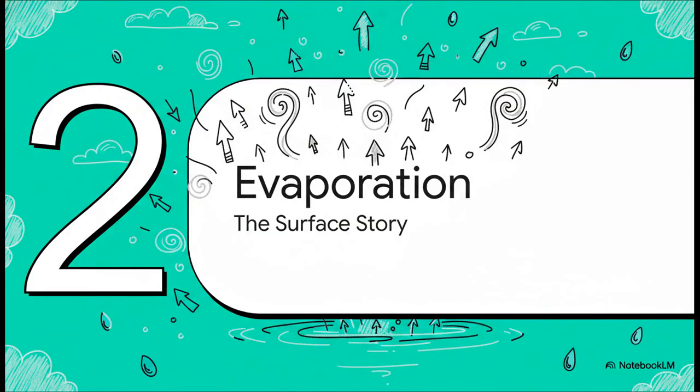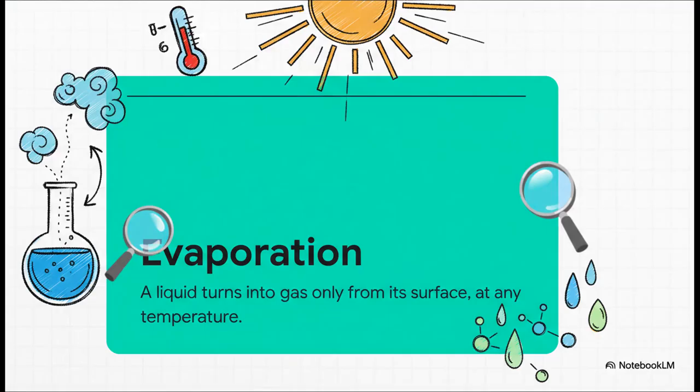All right, first up, let's talk about evaporation. Think of this as the silent escape artist. This is how liquids can turn into gas without any of the drama. No bubbling, no boiling. And it's happening all around us right now. So here's the official definition, and there are two parts that are absolutely crucial. Evaporation is when a liquid turns to gas, but it only happens at the surface. And second, it can happen at pretty much any temperature. It doesn't need to be boiling hot.